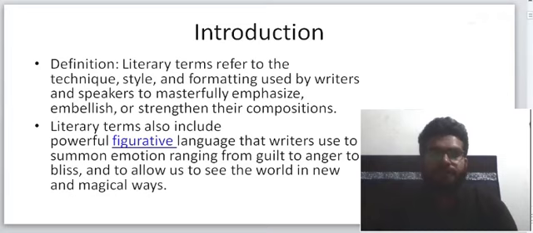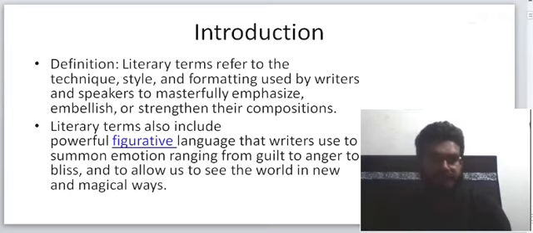Literary terms refer to the technique, style and formatting used by writers and speakers to masterfully emphasize, embellish, means to decorate something, or strengthen their compositions. So, composition means a piece of writing. So, these are basically different techniques, tools which are employed by the writer. So, we identify those techniques and then develop our own argument about what the writer is trying to